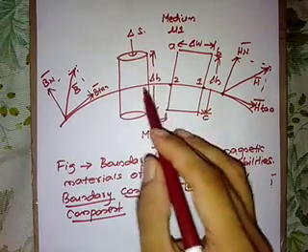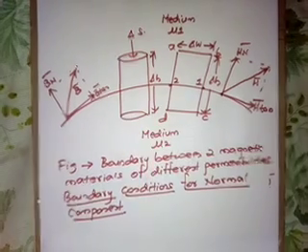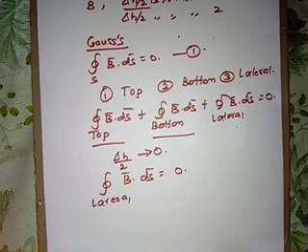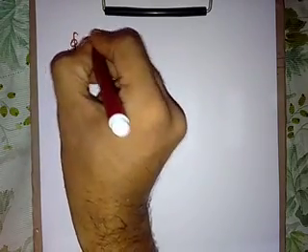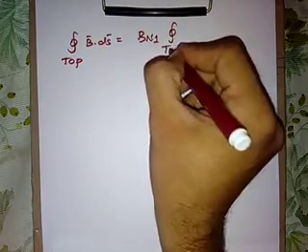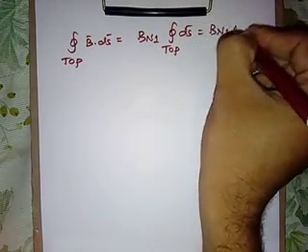So we can consider Bn1 in medium 1 and Bn2 in medium 2 as constant, right? When Bn1 and Bn2 are assumed to be constant, then for the top surface, it will be the closed surface integral of B bar dot dS bar over the top. Bn1 is constant, so this is the closed surface integral of dS bar. This is equal to Bn1 delta S.